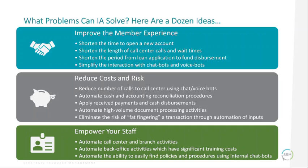And finally, the third area that I want to talk about is empowering your staff. So I recently attended the NAFCU CEO conference down in Florida. And the biggest thing that stuck out to me through all the conversations I had with credit union CEOs was how big of a challenge they viewed staffing to be. Of course, unemployment is at an all-time low right now. Turnover is really high, especially within call centers, and the skill sets required to succeed in a digital world are changing. Especially for credit unions, which are in growth mode, these challenges are going to become exacerbated over the coming